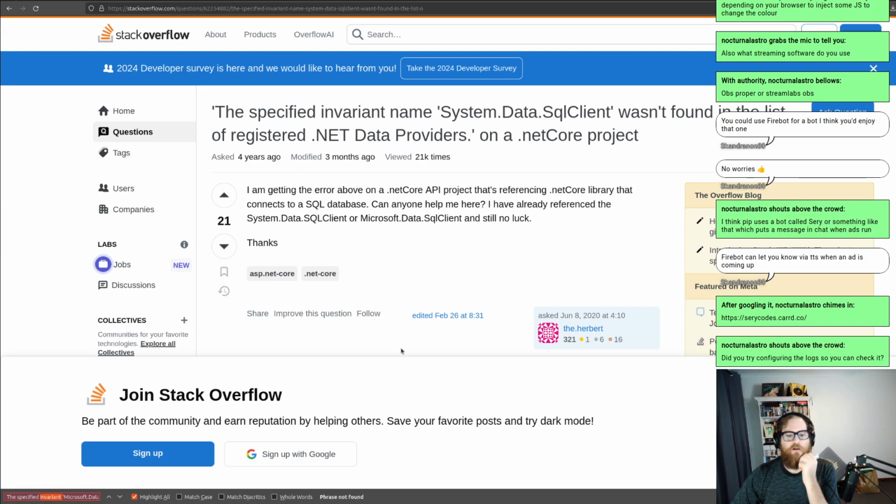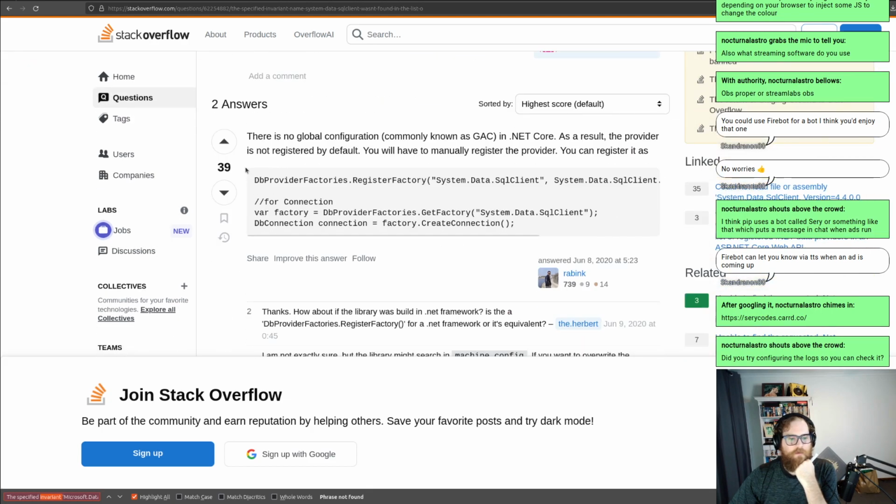All right, I get the error. .NET Core. Yep. All right, cool. There's no global configuration, commonly known as CAG, in .NET Core. As a result, the provider is not registered by default. You'll need to manually register the provider. You can register it as all